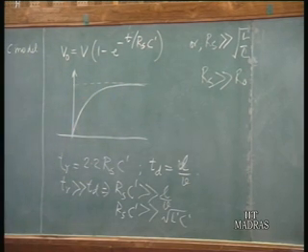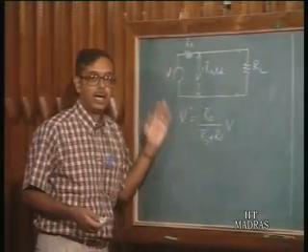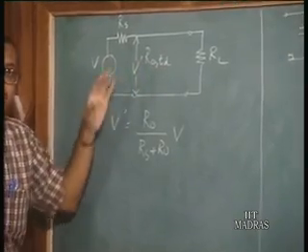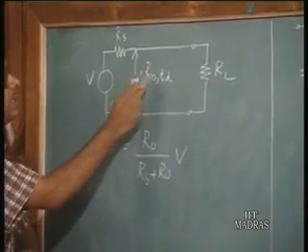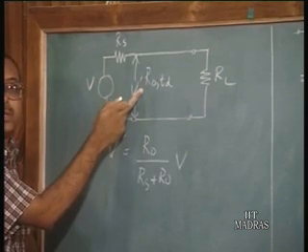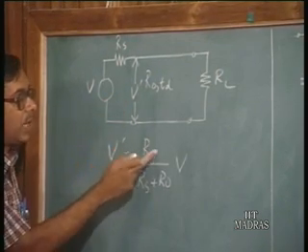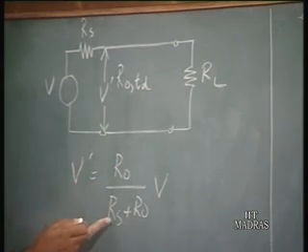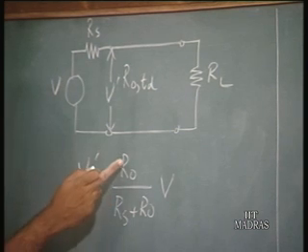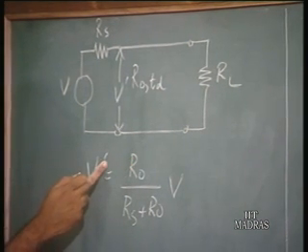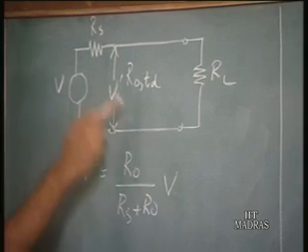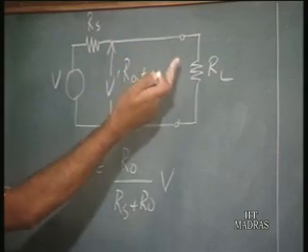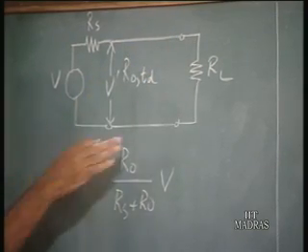This is because if we go back to our earlier model, the analysis we have done, what we have seen is that if we have a transmission line, we get the same results. The input voltage to the transmission line is given by V prime, which is equal to R naught divided by Rs plus R naught, into V. Now if R naught is very much less than Rs, that is, the source resistance is very much greater than the characteristic resistance, V prime is going to be very much less than V. So the input voltage at the source end of the transmission line is very much less than V. So if the output voltage has to rise to V, it can only be through small increments,